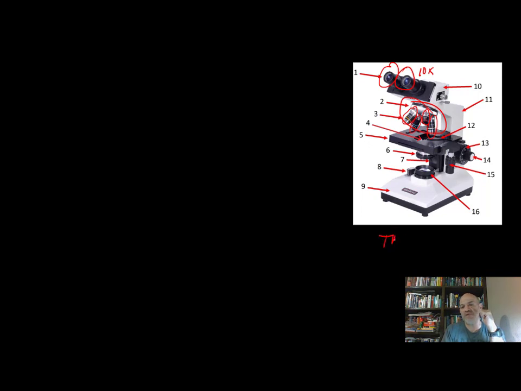To get your total magnification, you're going to multiply your ocular lens times your objective lens. And so the ocular is always going to be 10 power. Your scanning is 4 power on most microscopes, so 4 times 10 would give you a total magnification of 40. The low-powered objective is usually 10, so 10 times the 10 would give you a magnification of 100, and then the high power has a magnification of 40 times the oculars gives you total magnification of 400, and then your oil lens has a power of 100, and then you multiply that by 10, and that gives you a total magnification of